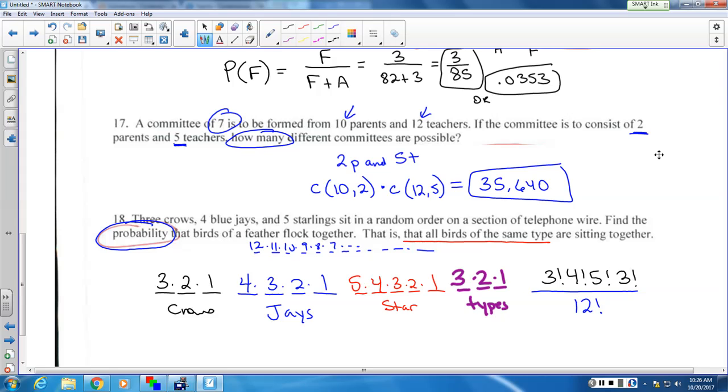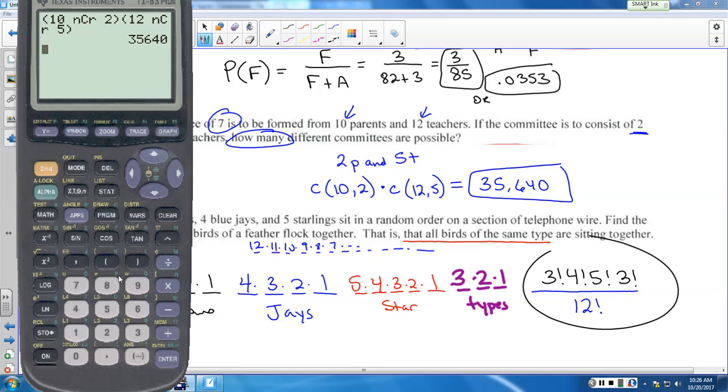So this is what I'm going to put in my calculator right here. Here we go. I'm going to type in my 3, math, probability, number 4. You don't have to hit the times sign, you can just type the next number. And divided by... and we get